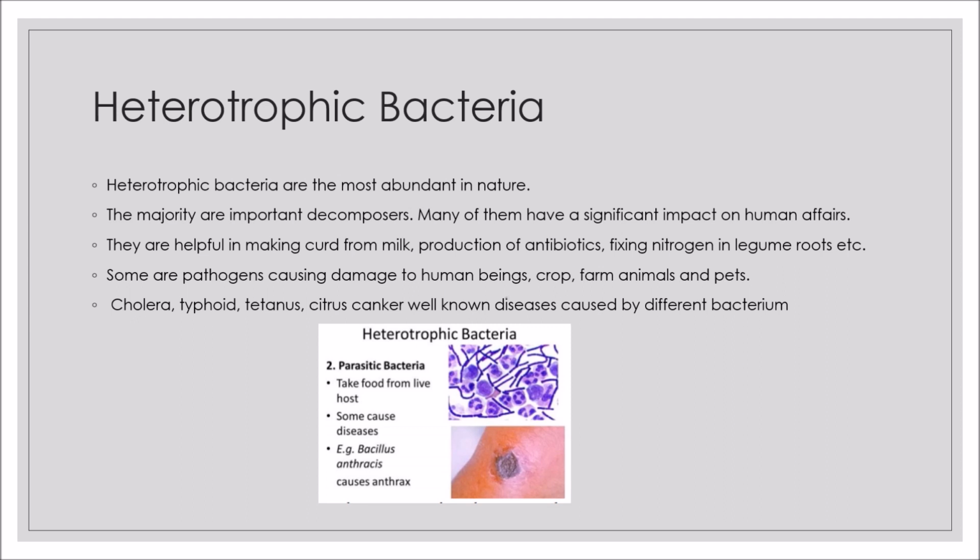So what do we do to make curd? We pour milk and add some curd to it. In the morning, the milk would have been turned into curd. It is all because of some bacteria present in the curd only. So they are used for making curd from milk and for the production of antibiotics. Antibiotics are helpful for fighting diseases. To get immunity, we consume antibiotics. So for producing antibiotics also these organisms are used.